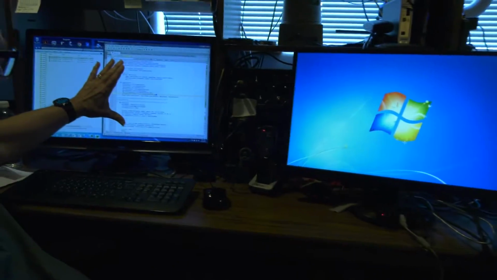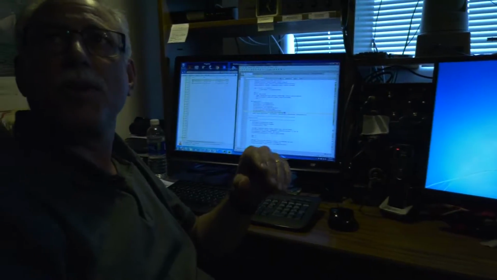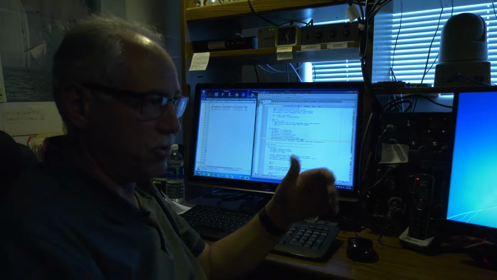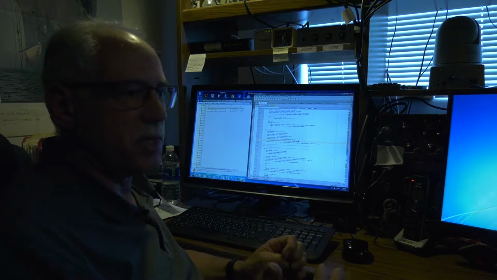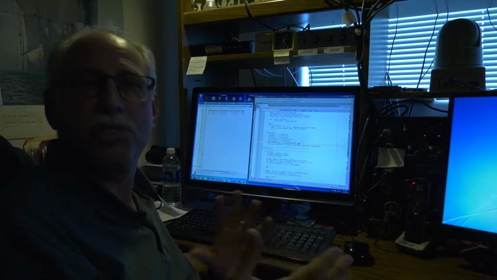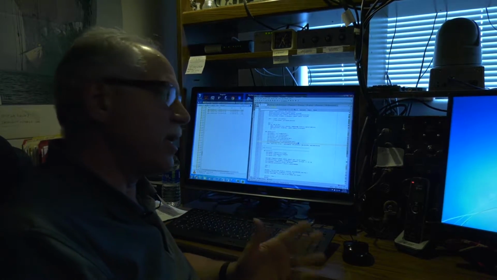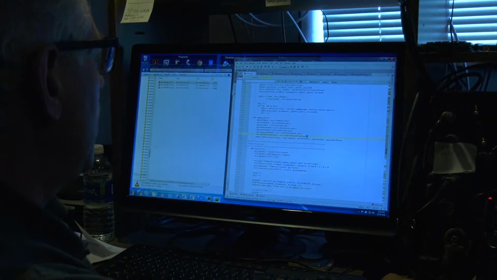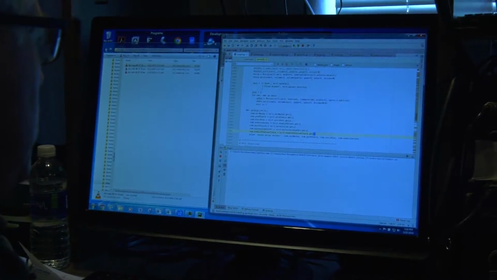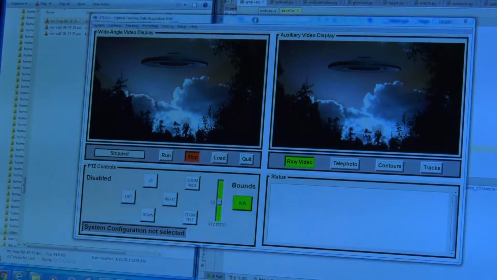This is some of the Python. It's all written in Python, which is a scientific programming language used worldwide by researchers for all kinds of purposes. In my case, a lot of what's called machine vision analysis. And so here we'll run this piece of code. And let me put it over here so you can see it better.